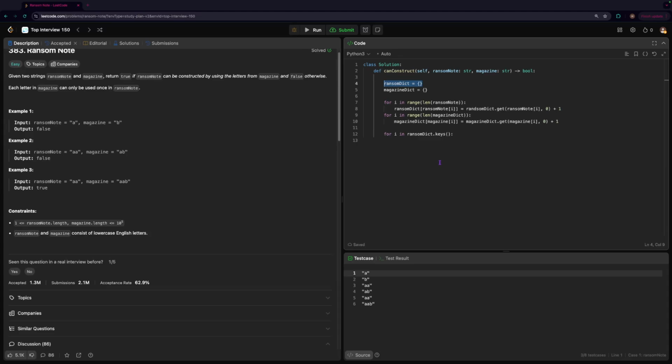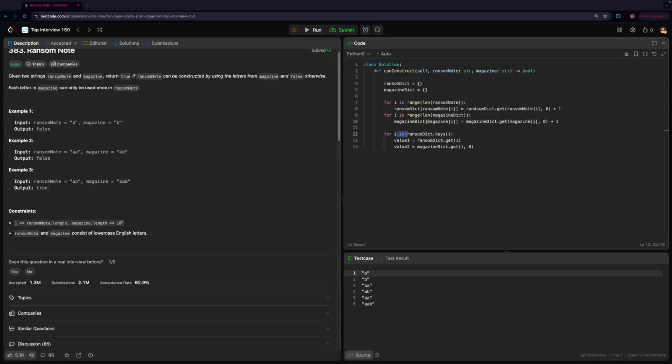So value 1 is equal to ransom dictionary dot get whatever this current key is. And then value 2 is equal to magazine dictionary dot get whatever this current character i is, but we're also going to return 0 as a default value, because we're looping through all the keys in the ransom dictionary,